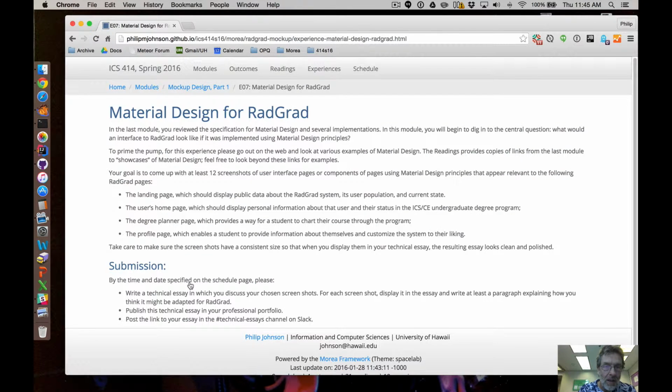Because the first experience in this module is to write a technical essay where you're going to display at least about a dozen screenshots that I'd like you to try to find and embed into your essay and show how you think those screenshots apply to the 4 initial pages that we're going to be designing. Okay, so